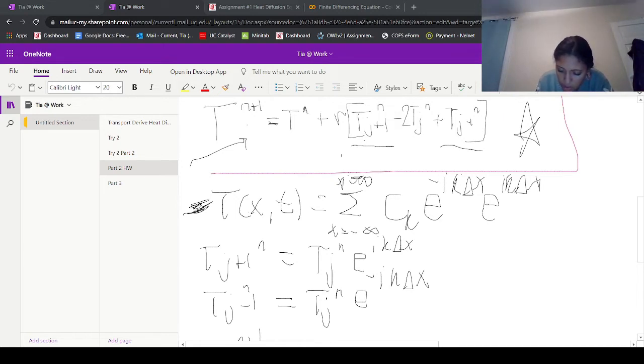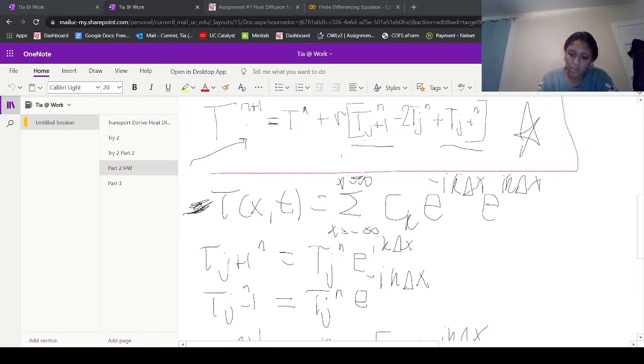So then t n, then plus r, and so then you're going to plug in that t to the j to the n, e to the i k change in x. Oh, that's not an x. What did I do? X. And then minus the 2 tj to the n, and then plus the tj n e, and then we have